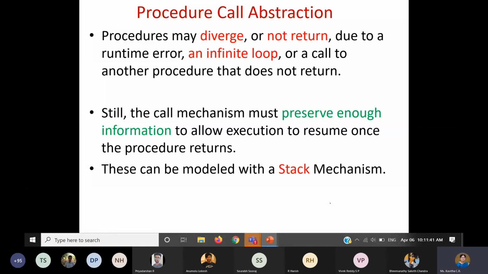So definitely, I have already given a hint that we can make use of the stack mechanism. That is a suitable data structure for maintaining the procedure call abstractions. Why? Because you can easily track whichever has been called first. If I'm calling main first, the activation record is created for that first, and the return address is also correspondingly saved. And then the first function that is called, the control goes there, and inside that if I call another function, say function 2, it will create an activation record for that.